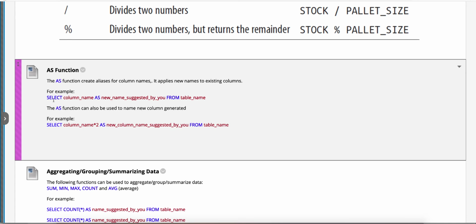So the command is as simple as that. In your select function, you can just put down which column you want to draw out and what name you would prefer for it to have. Okay? So column name as the new column name that you're going to suggest. And then it's the same from table name,